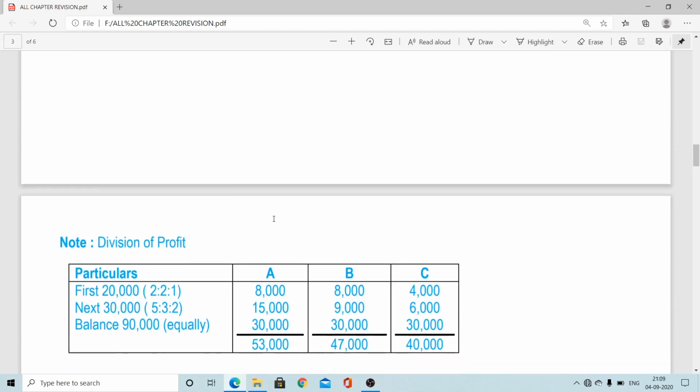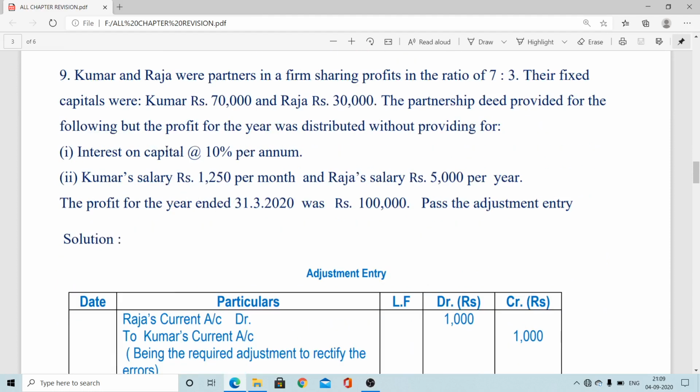Now related to the 6 mark question from the same chapter, this is related to past adjustment. Past adjustment is when there is a mistake, the accountant made some mistake, and that mistake is disclosed. We cannot erase it, we cannot cancel the entries that way. By cancelling, the problem cannot be solved. So we have to pass some adjustment entry. This is a sort of rectification of error. We learned from class 11 the rectifying entry. By passing some rectifying entry, we can solve that type of mistake.